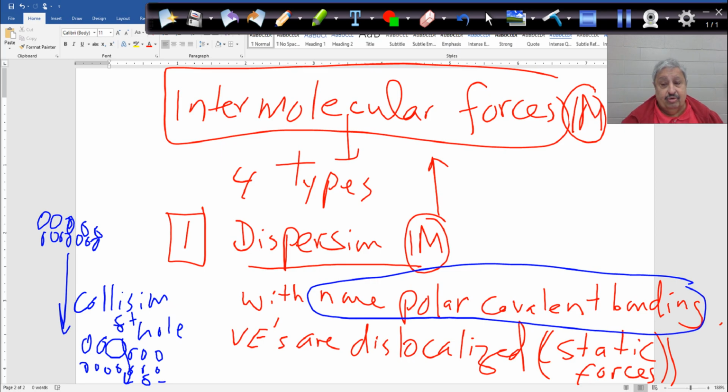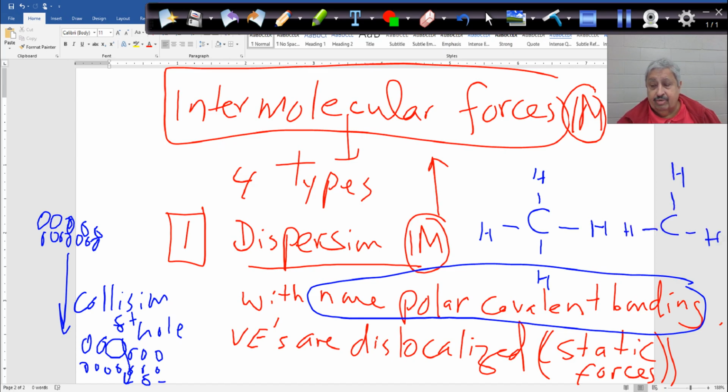So if I have two molecules of methane here, methane and methane, and there's another molecule here. This is nonpolar, and this is nonpolar, this is nonpolar. So what's happened is those two molecules will come, if they collide against each other, they will have a force among themselves called dispersion or static intermolecular forces. That's the first one. The second one is